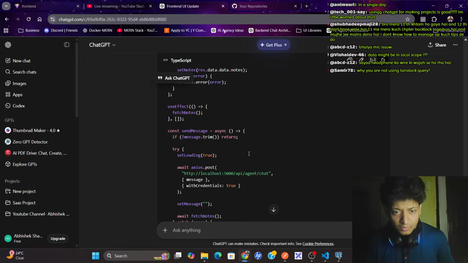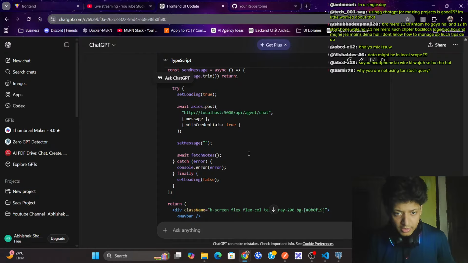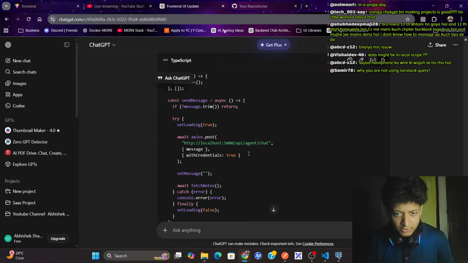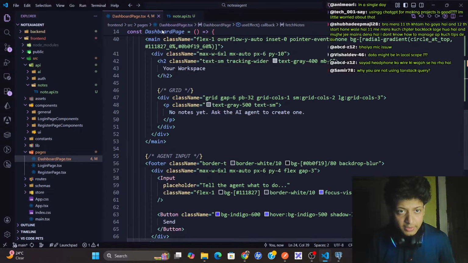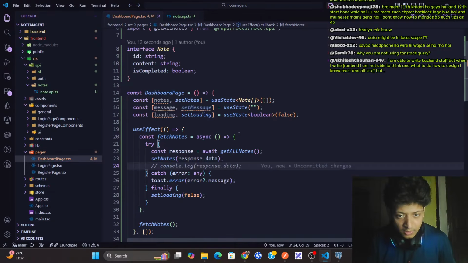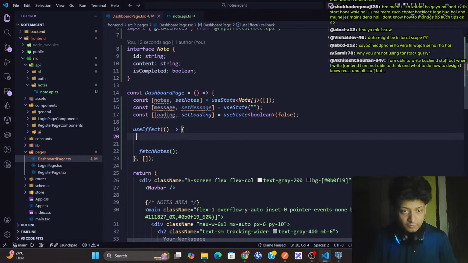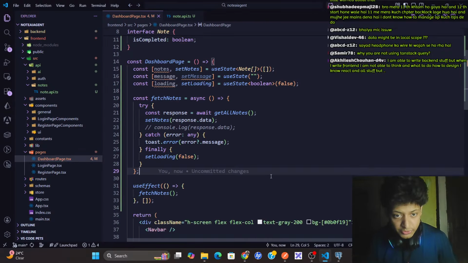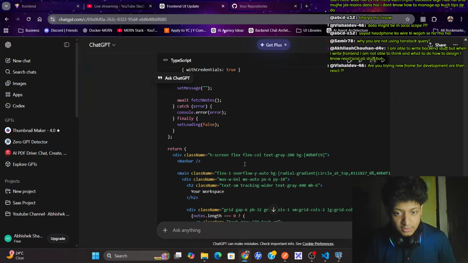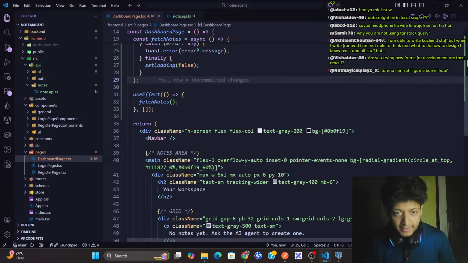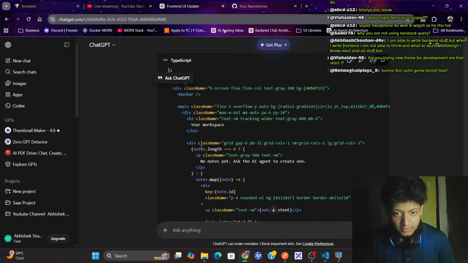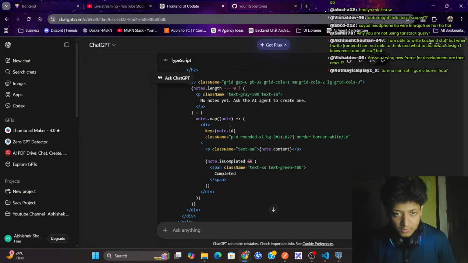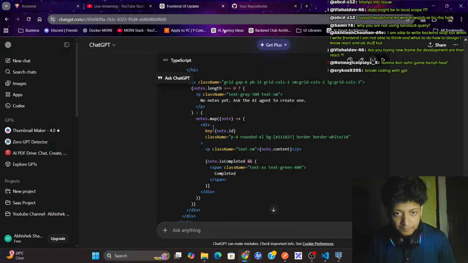Here, send message. I'll work on it later. Fetch notes. Okay, it's better to make this function out of this. Copy this function, and here fetch notes. Fine, this is done. The workspace, and here div grid. Okay, this thing. Cols 3, this here, and let's come here.